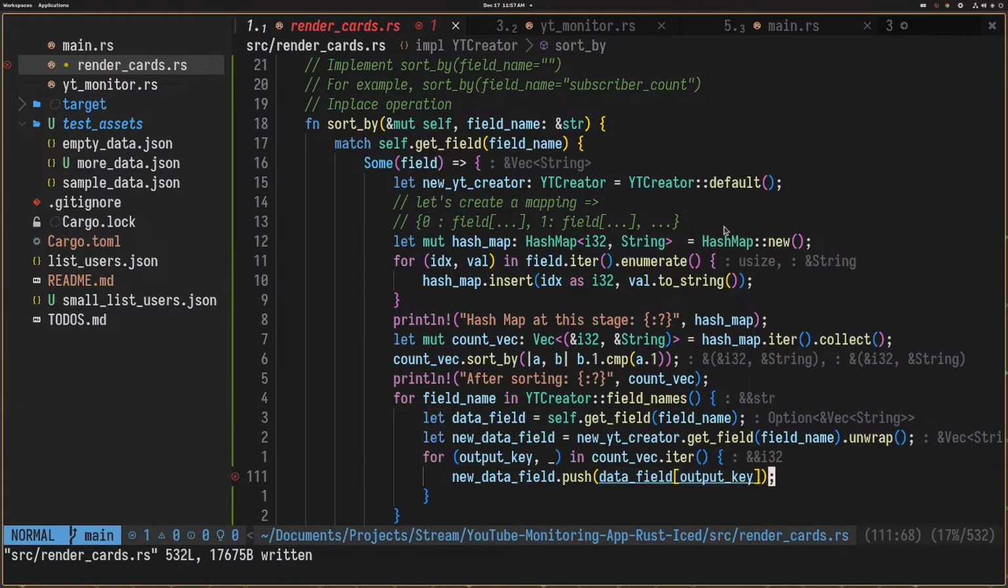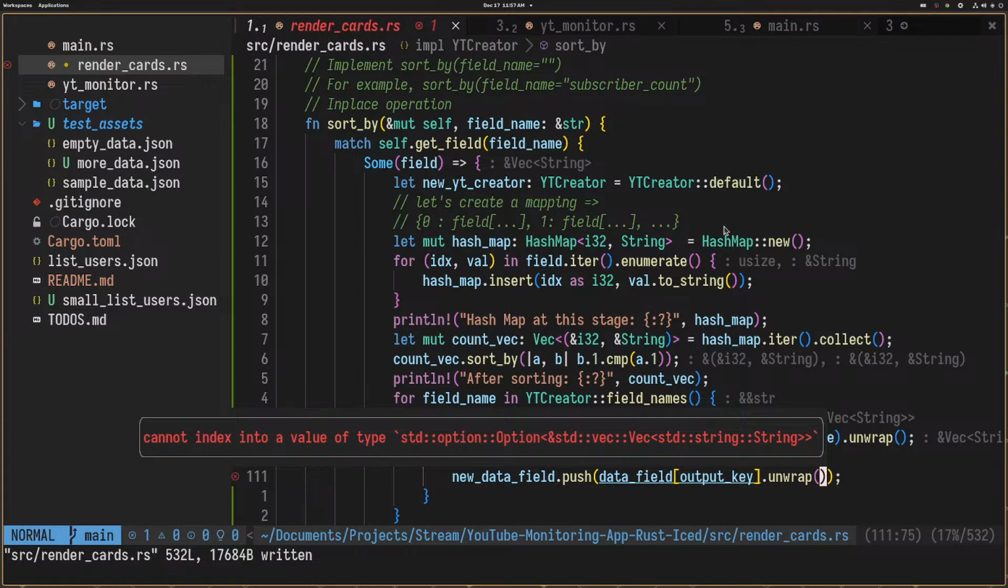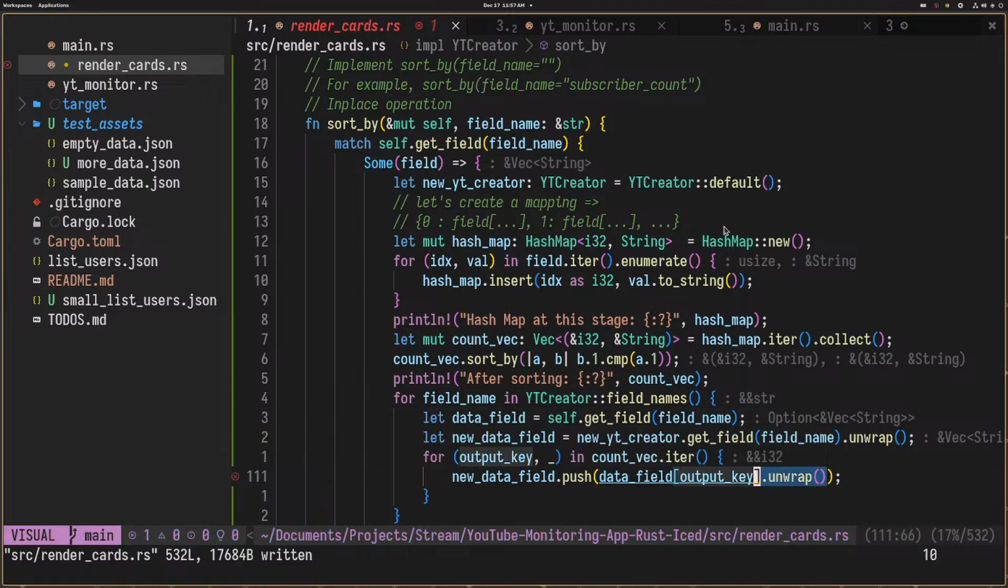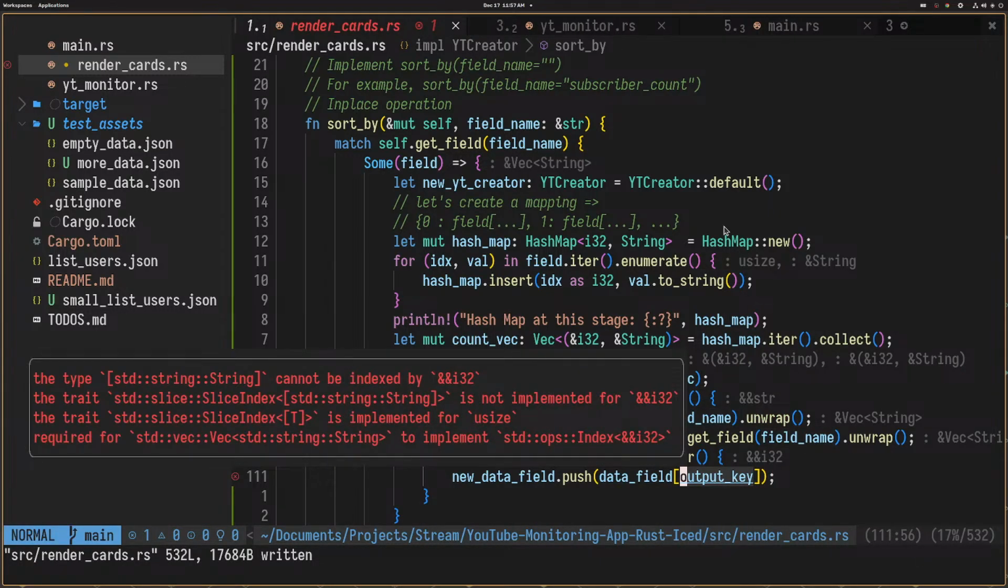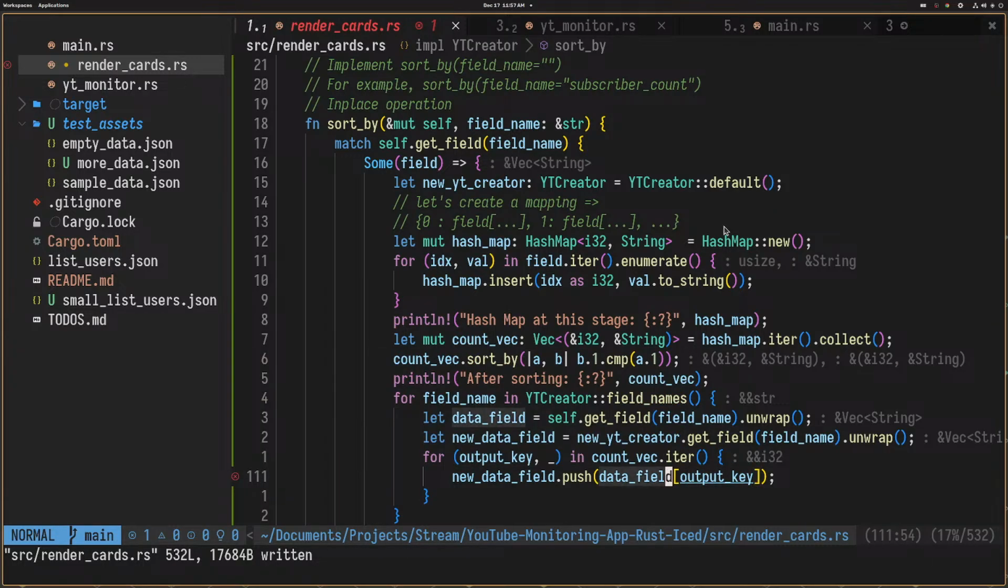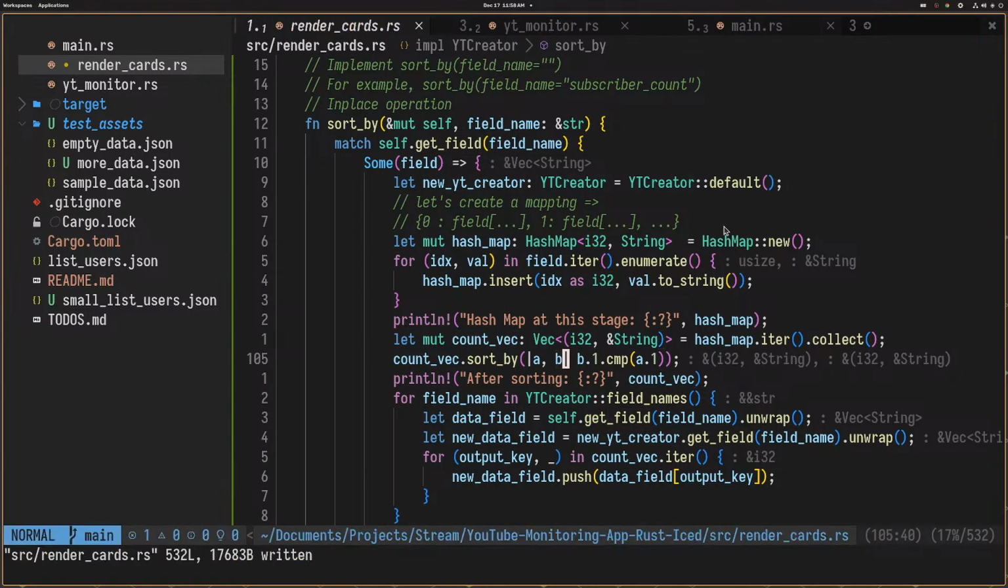Yeah, so this is again, you can probably just unwrap it here for now. Cannot index into a value of type. Alright, so we should unwrap it here only. Now it should be what? Right, so this is a vector of string and I'm trying to, wait a minute, count vector is what? I32, right? Can I just,